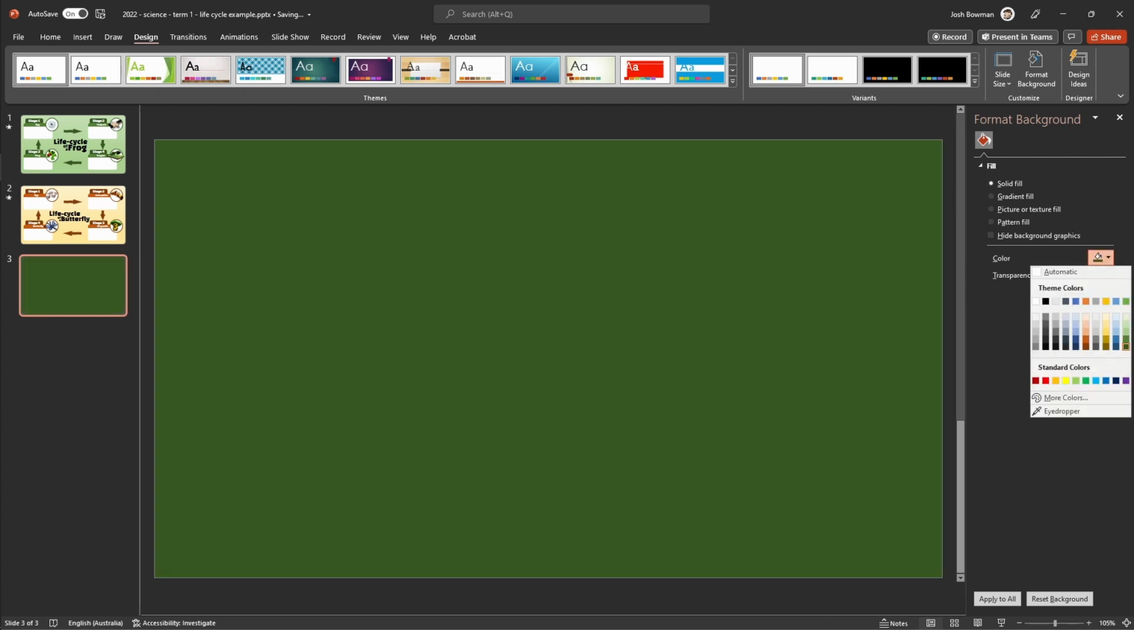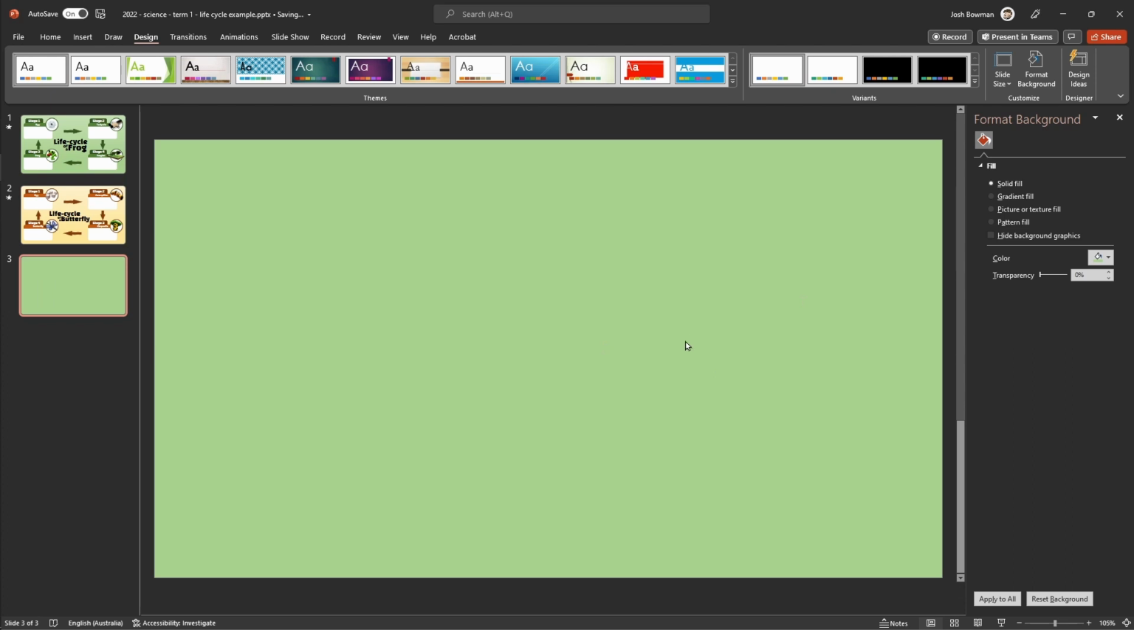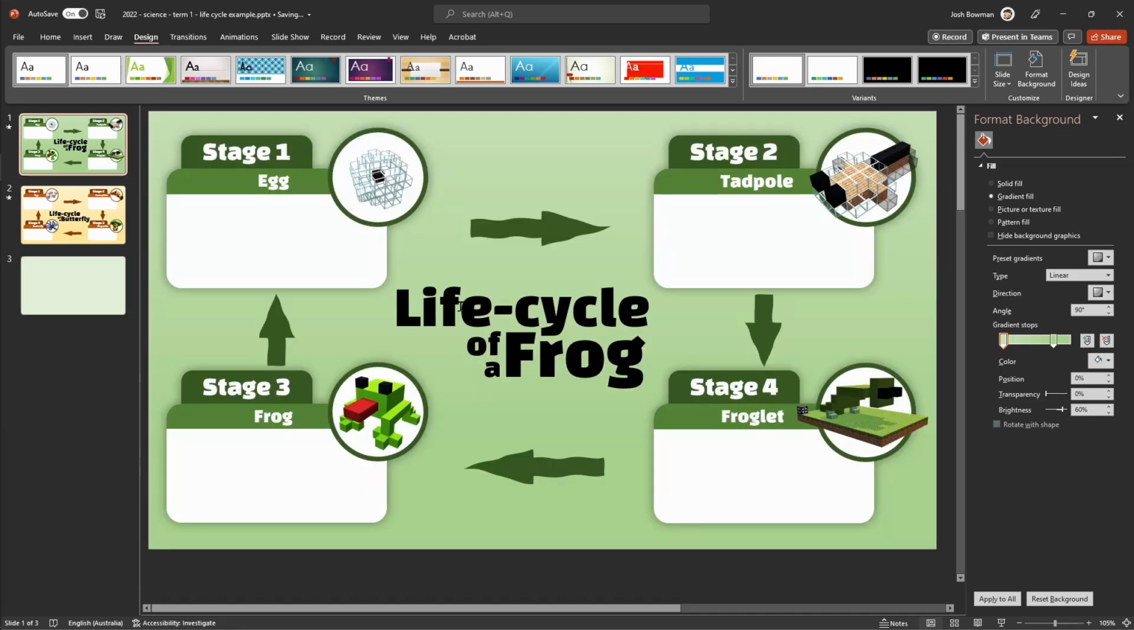You don't want something in between that's mid-tone, because then you might want lighter things on the background, you might have darker things on the background, and they won't stand out as much. So you want to make sure that you're choosing a light color. And I'm just going to go with green so that we can continue our theme with the life cycle of